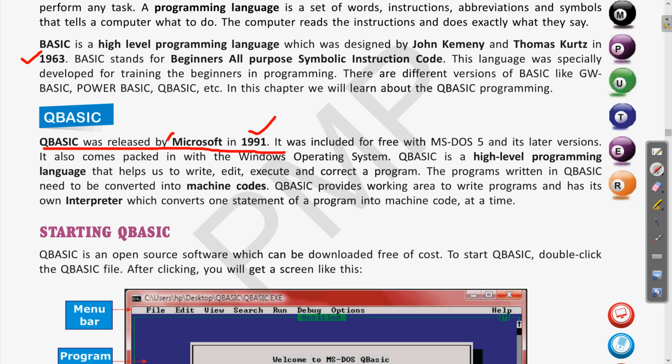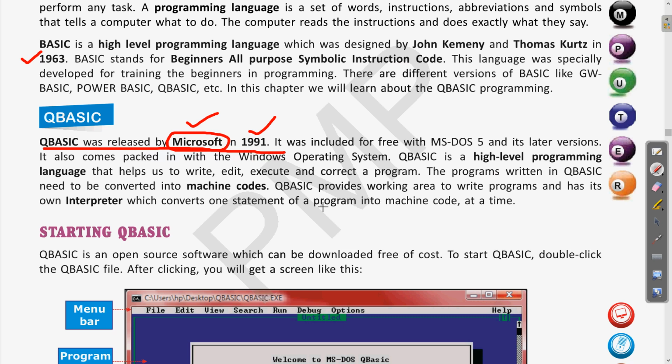We all know that Microsoft is a company famous for the Windows operating system. You have heard the name of Bill Gates, the founder of Microsoft, which develops various software and operating systems in various areas of computing, development and research.